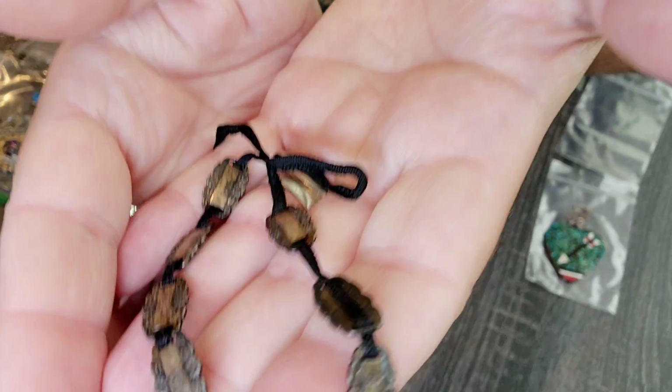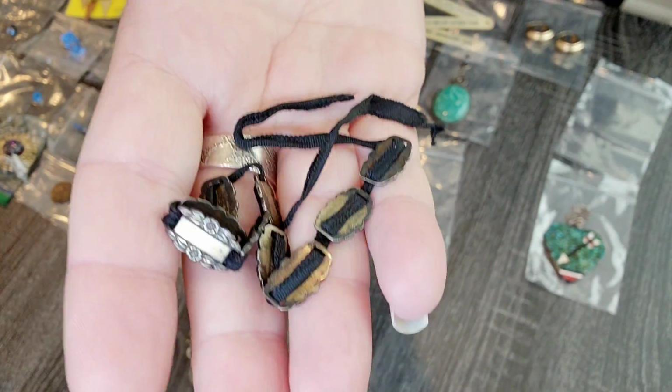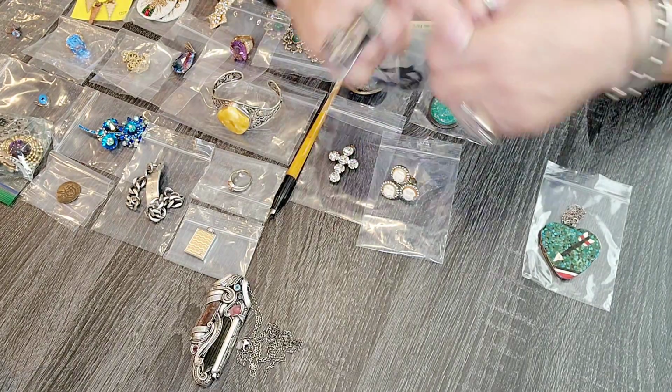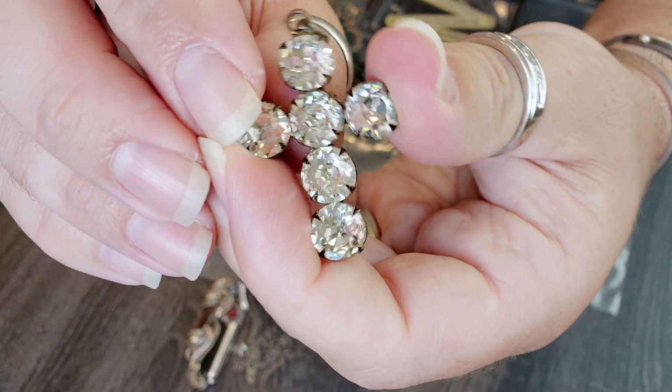I want to sell. This is a sweetheart bracelet, sterling silver, forget-me-not is the design, and sterling silver on the original ribbon. I really liked that. And then, let's see, what else did I get from Rogers? I want to make sure we have the Rogers stuff, the cross, this very old rhinestone cross, and you saw